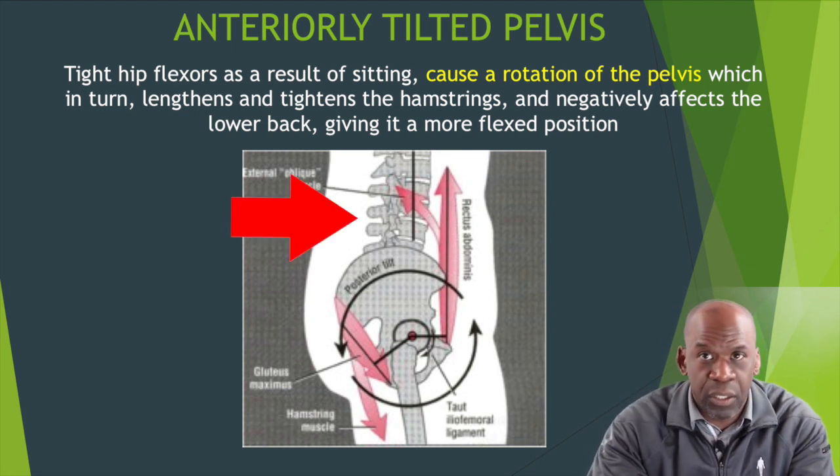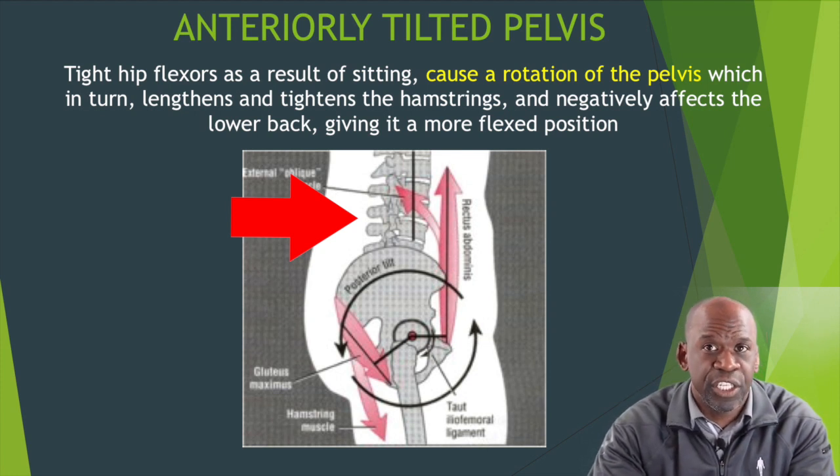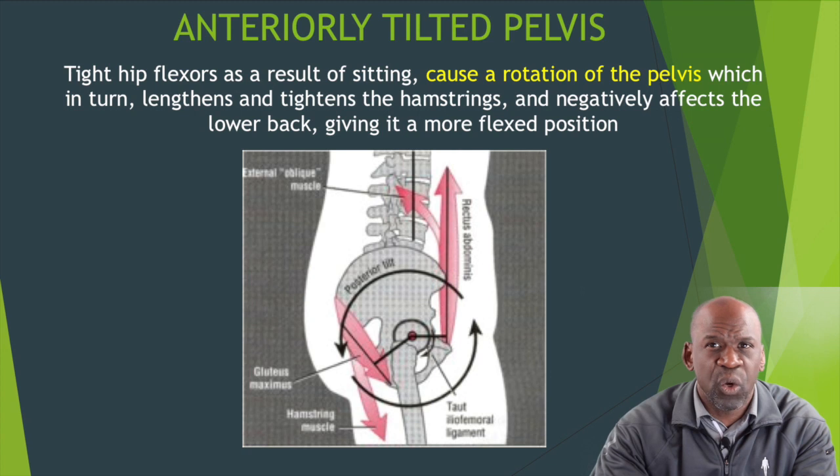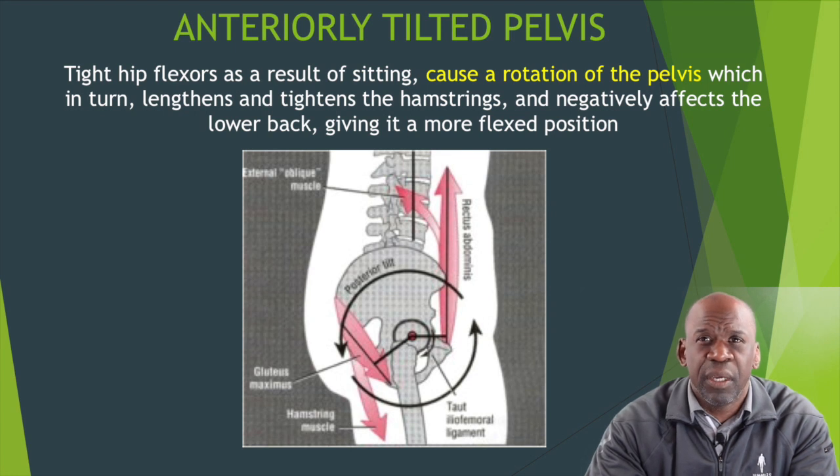Number 1, the low back, because the low back muscles are constantly under tension and they have been lengthened. They're really working hard to do their job of stabilizing the spine, but they're doing so from a position of mechanical disadvantage because they have been lengthened.